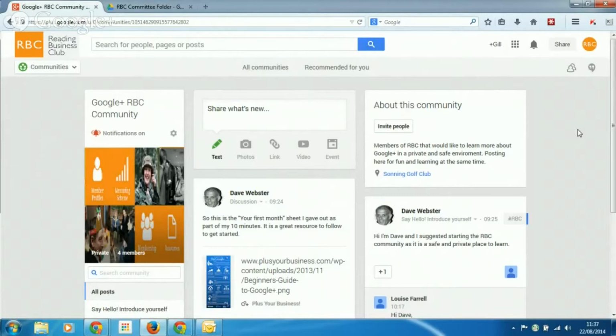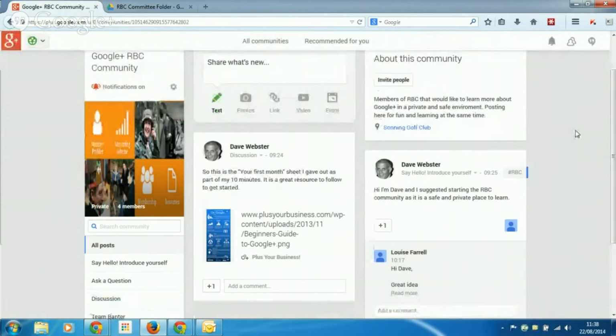For example, if you're a keen photographer, you could create a community for other photographers. And the great thing about these communities is you can set them to be public or private. Now we're looking at a private community here, and the reason that we're doing this is